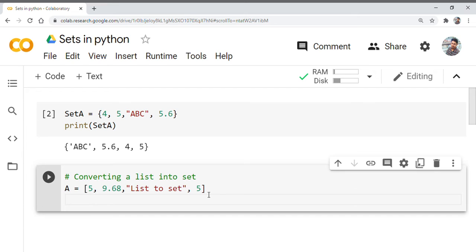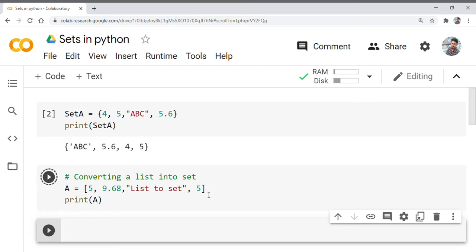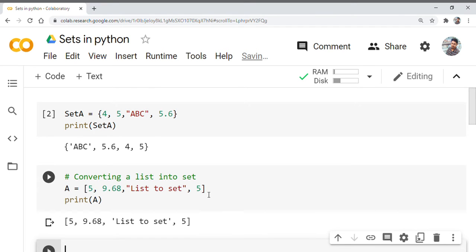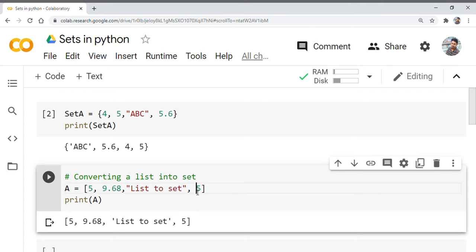Now if we print A, we will get all the elements of the list: 5, 9.68, list to set, and then 5, because duplicates of values are allowed in lists, so this 5 is not removed here.